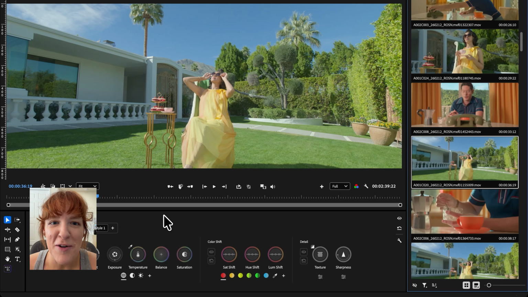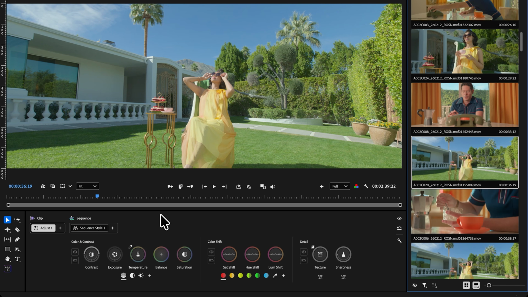This video will help you understand the new color controls and color mode inside of Premiere. Color mode's core controls are designed to be fast, intuitive, and expressive. These are called adjustments. Contrast increases the separation between light and dark